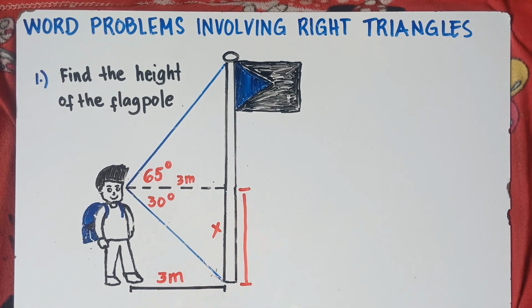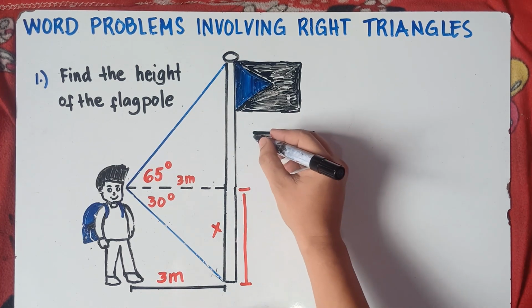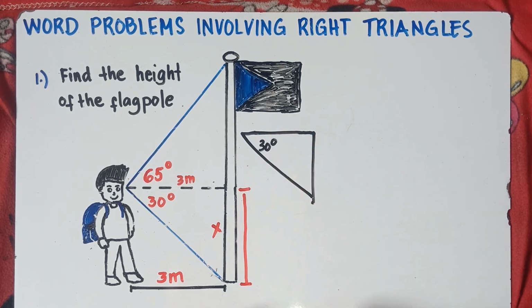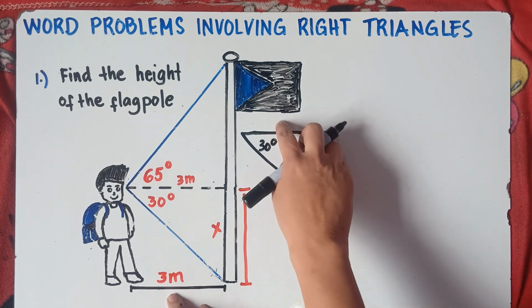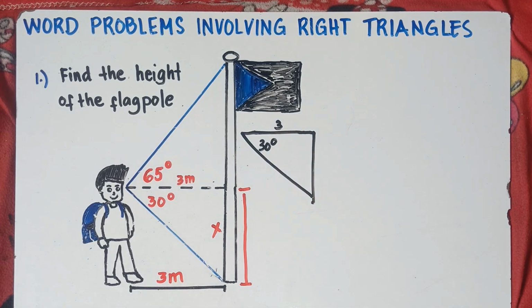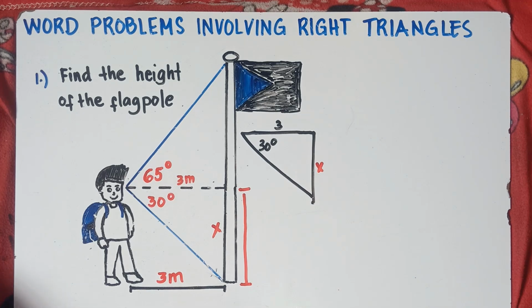Let me just draw the triangle, class. So this is the triangle. Alright, so this is 30 degrees. And we are given 3 meters, this one. Let's ignore the units first. So 3. And this is x. This side right here is x. So once again, in solving right triangles, you need to solve using SOHCAHTOA. You still remember, class, SOHCAHTOA?